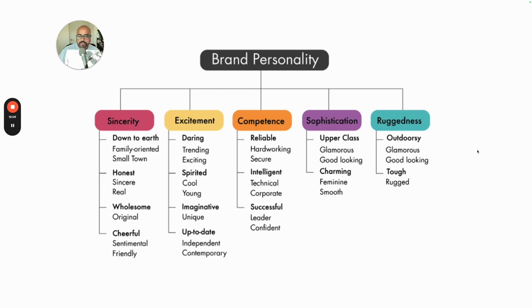Next, we've got competence: reliable, hardworking, secure, intelligent, technical, corporate. You'd see this a lot in IT, with banks, with cybersecurity, or just anything where it's super important that people feel 100% competent and confident in what it is. You can still have people feel confident in your business without picking competence as the main thing. Like if you're in the medical practice, I'd say you probably want competence over excitement,